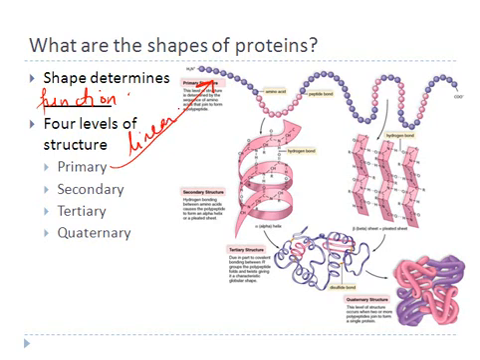In a secondary structure, the long chain is either folded, for example in here you can see the folds like an accordion, or they are wound like a helical structure. The helical structure reminds me of a telephone cord. So these are secondary structures.